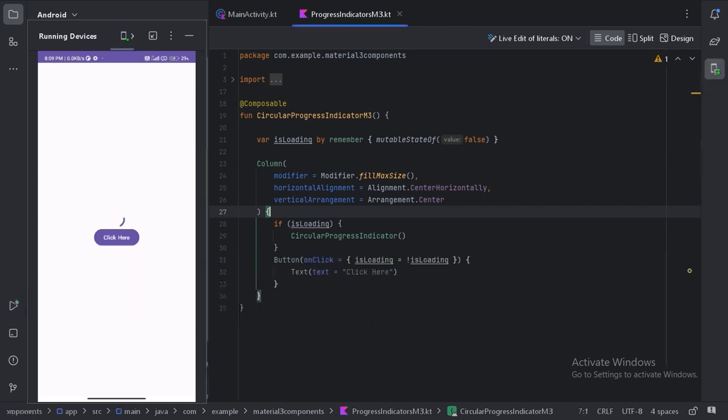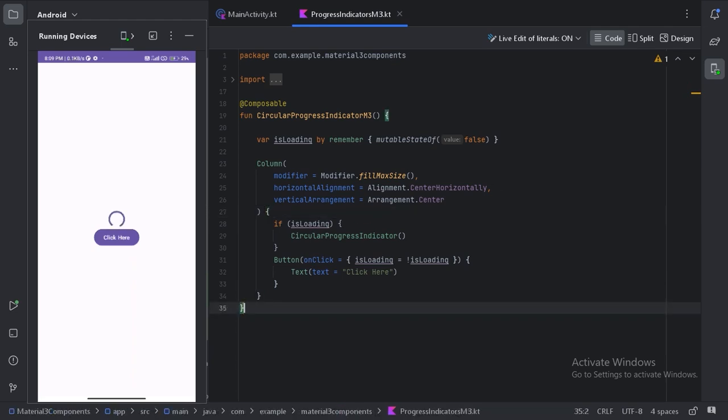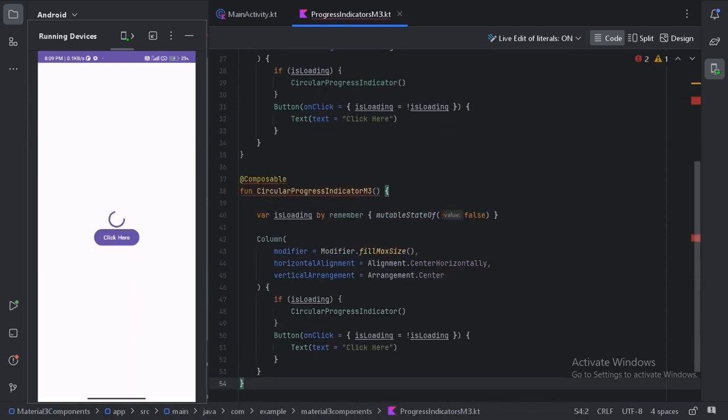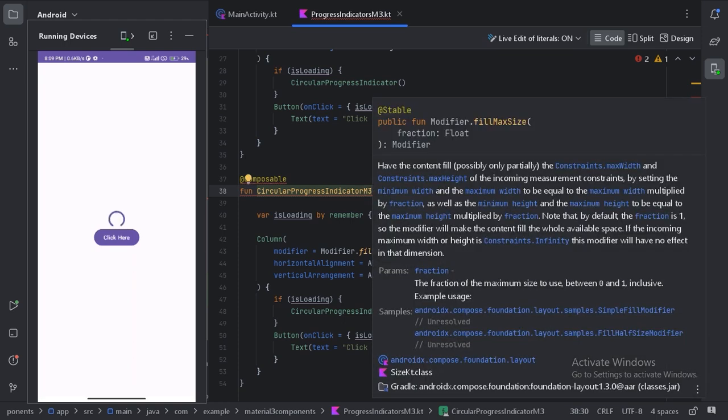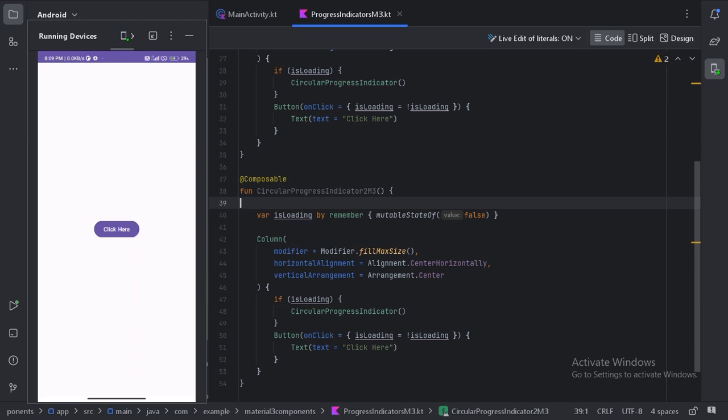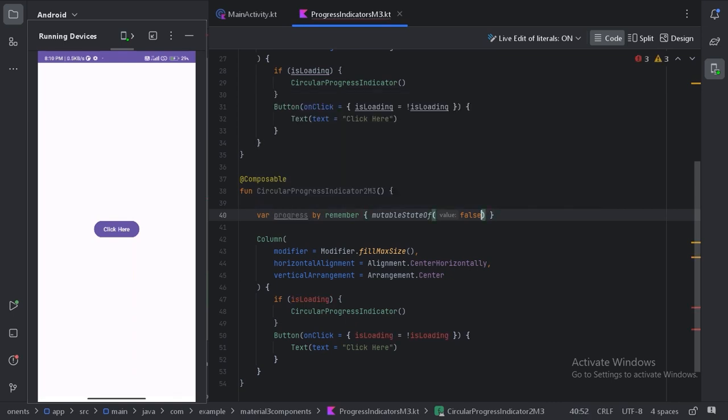For this let's minimize this, and copy this code and paste it here. Let's change the name of this to 2. We will keep the state of that progress, and when we click on this button, we will update this progress state.